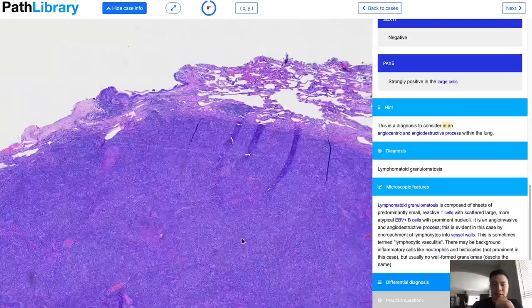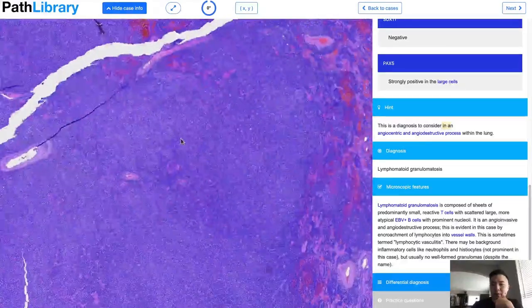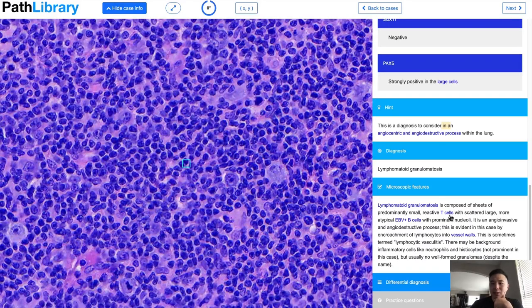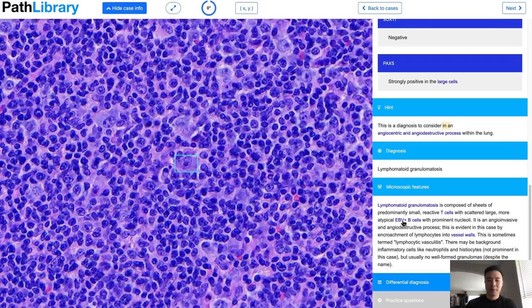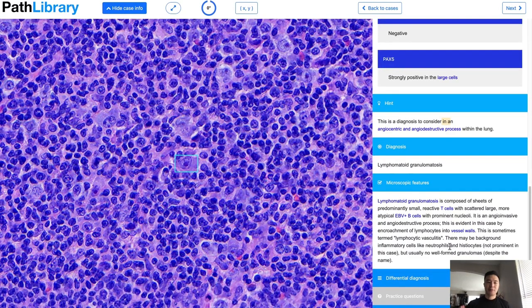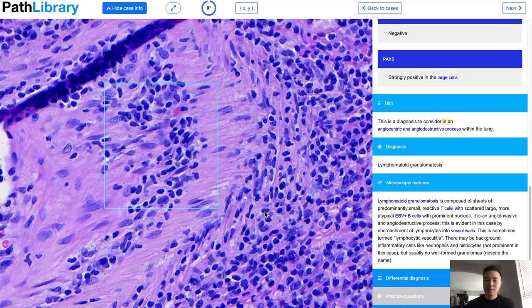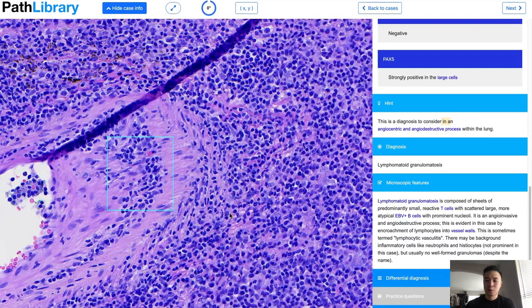So let's read the microscopic description together that pathlibrary provides. It's composed of sheets of predominantly small reactive T cells with scattered, large, more atypical EBV positive B cells with prominent nucleoli. It is an angioinvasive and angiodestructive. So if you've never heard of this entity before, buzzword is angioinvasive, angiodestructive process, okay? This is evident in this case by encroachment of lymphocytes into the vessel walls. This is sometimes termed lymphocytic vasculitis. There may be background inflammatory cells like neutrophils and histiocytes, not prominent in this case, but usually no well-formed granulomas,